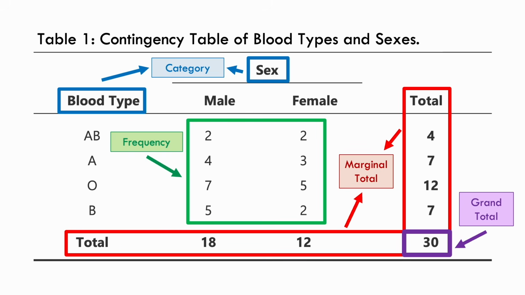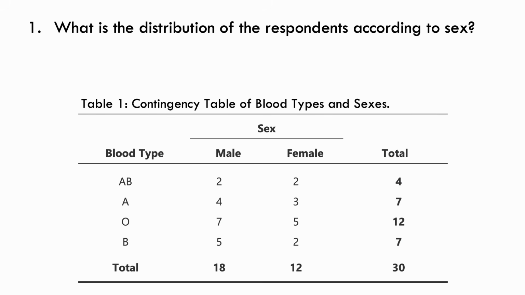Now that we know the parts of the table, let's answer some questions based on our contingency table. What is the distribution of the respondents according to sex? The key phrase here is according to sex. So we need to look at the sex column totals or the column marginal totals. Therefore, the distribution of the respondents according to sex is 18 males and 12 females for a total of 30